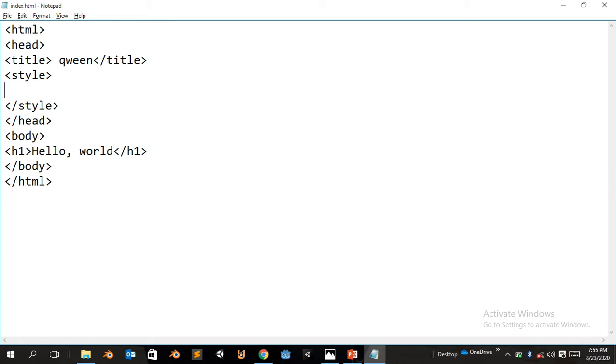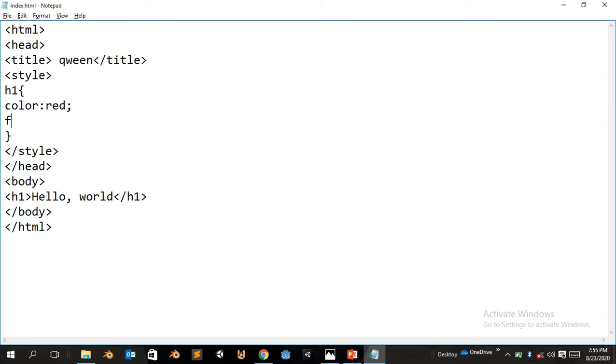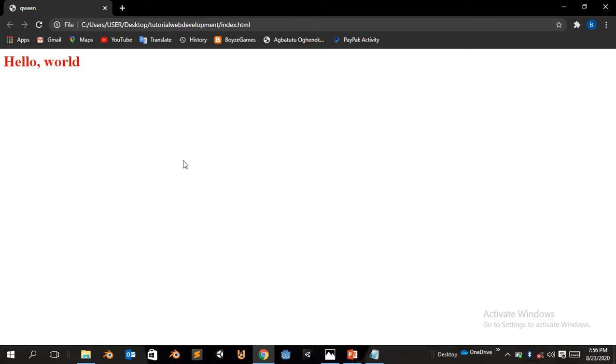Okay, instead of that, we're just gonna put the H1 here. Since the tag name here is H1, we're just gonna put it here and put some curly braces. And what we can basically do now is call the color here equals red, which is much easier. I'm gonna say font family. That's my error. Font family equals, let's say, Algerian. Control S to save. Come to your browser and refresh the page,